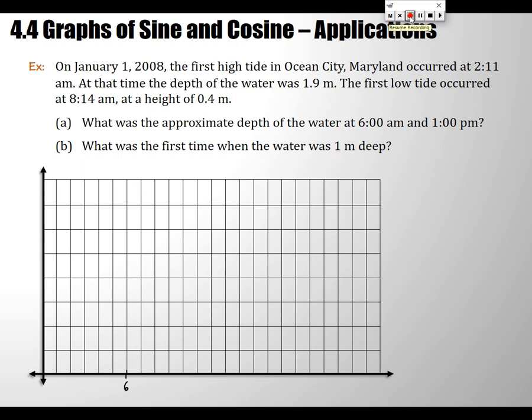What was the approximate depth of the water at 6 a.m. and, good job, what was the